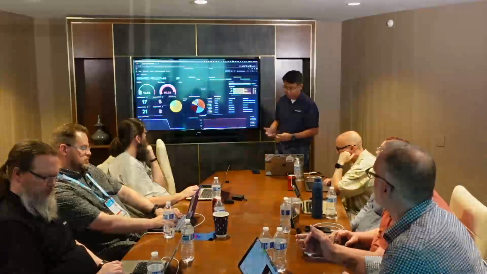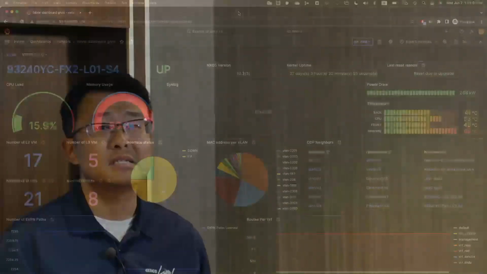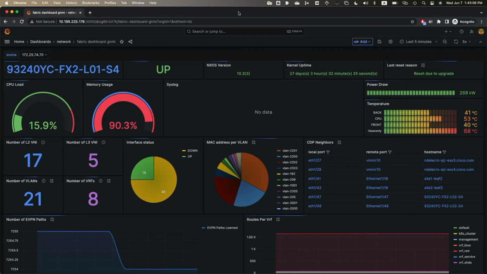All right, so I will continue from GR. My name is Shangjing, and I'm also with the product team. We can collect all kinds of data from NexusOS, right? But all this data is either binary or text-based. It's really hard for users to interpret or to get a meaningful result from that. So that's why a lot of customers are trying to use open source frameworks, and this is one of